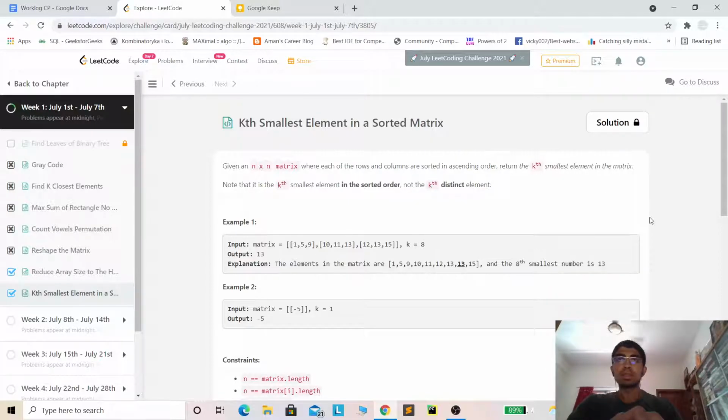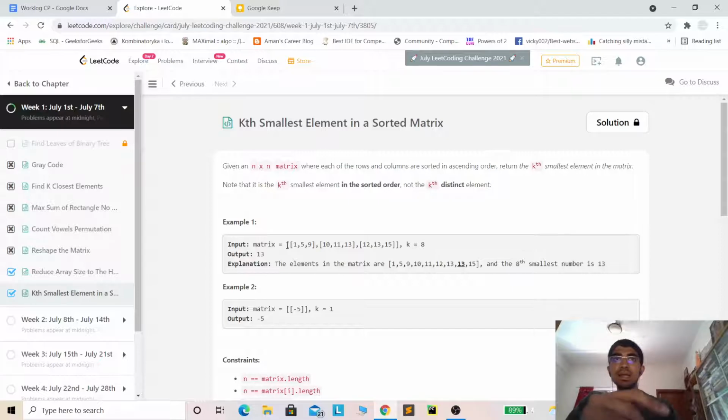The way we do it is we keep a suitable lower and upper bound and guess a particular value between those bounds, and for that guessed value we question whether it can be the kth smallest element in the matrix or not. In order to verify that, we iterate through all the elements of the matrix and find the number of elements which are less than or equal to the guessed value.